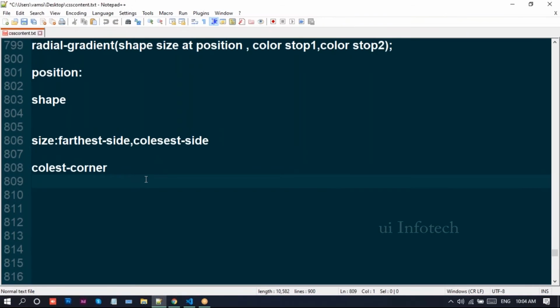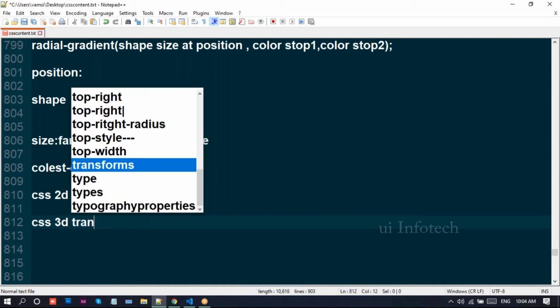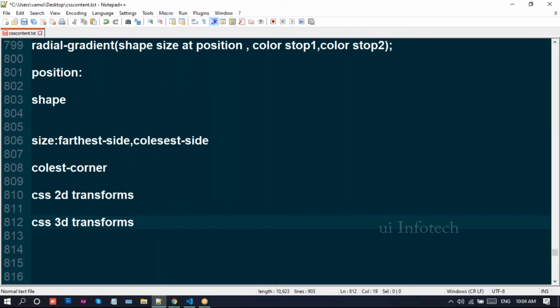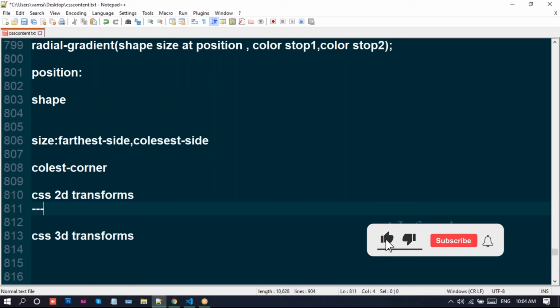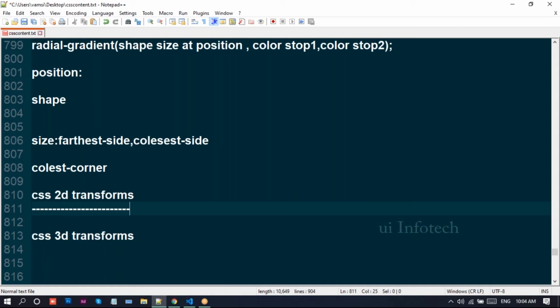Transforms are used to move the position of an element, whether to the center or right positions. 2D transform features allow elements to be transformed in 2D space.